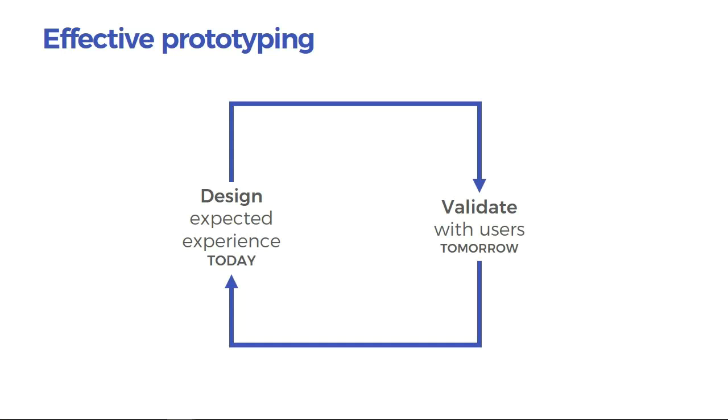So the trick, however, is to do it as quickly as possible. Because the quicker you can do this, the quicker you can gain feedback, the more confident you can be, and you're reducing risk later in the process. Everybody knows this. But I don't know if your process is mature enough to design today and validate tomorrow. I think Brian mentioned something like that when he was talking. If it's really taking you more than a day to get the idea across,